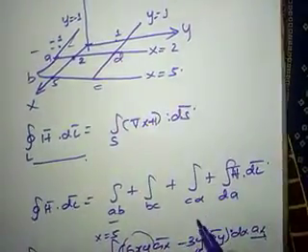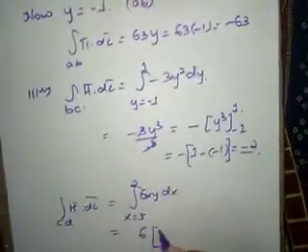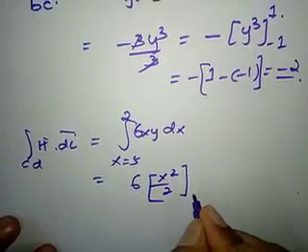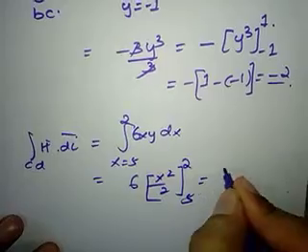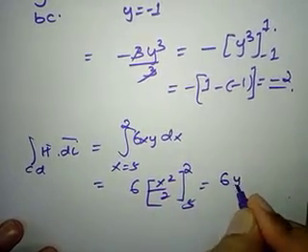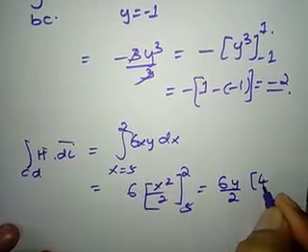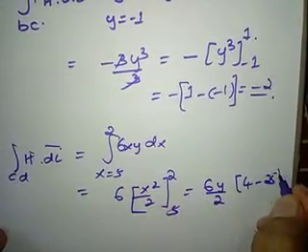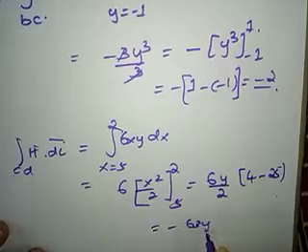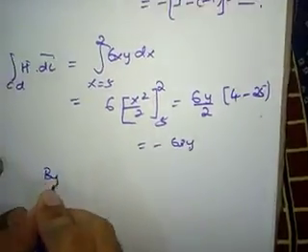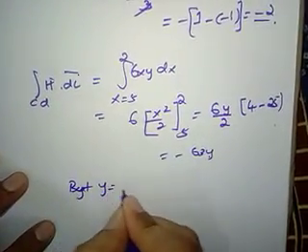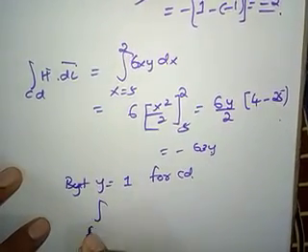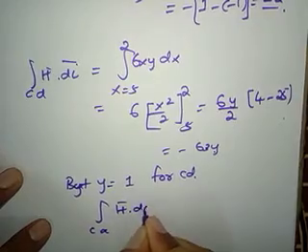So c to d it is, so again x is changing, so this will be 6 into x square by 2 over the limit 5 to 2. So this is 6y by 2, 4 minus 25. So this will be minus 63y. Okay, but what is y here? Y is equal to 1 for cd, hence integral c to d of h bar dot dl bar,